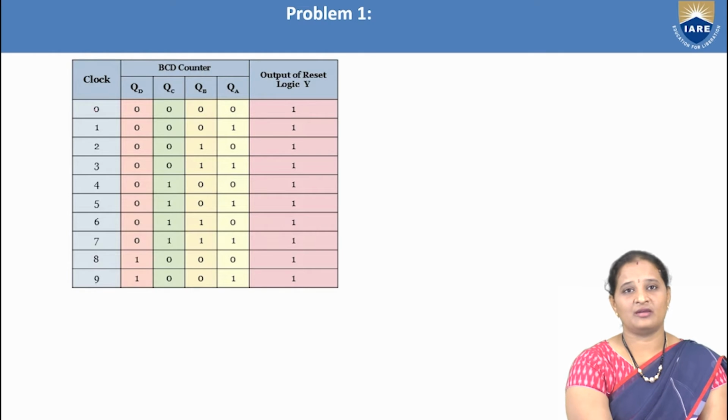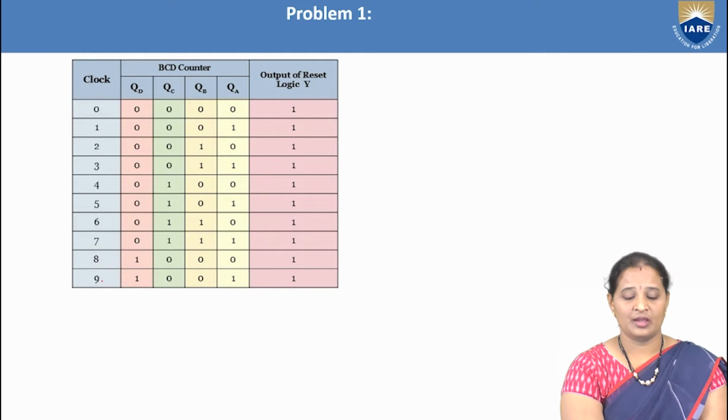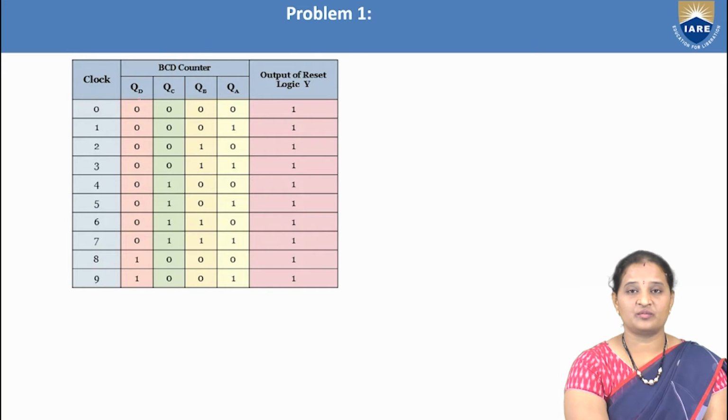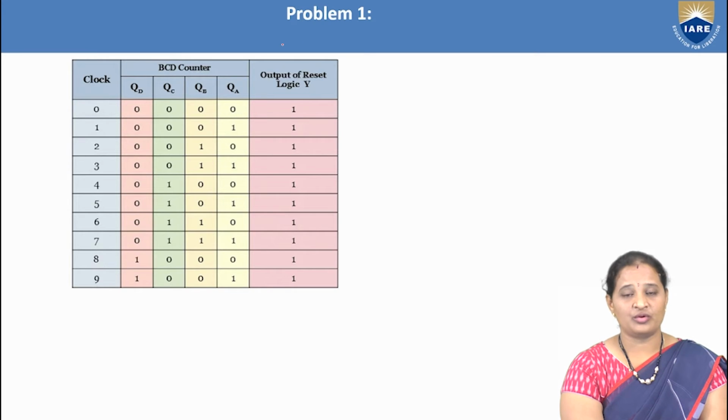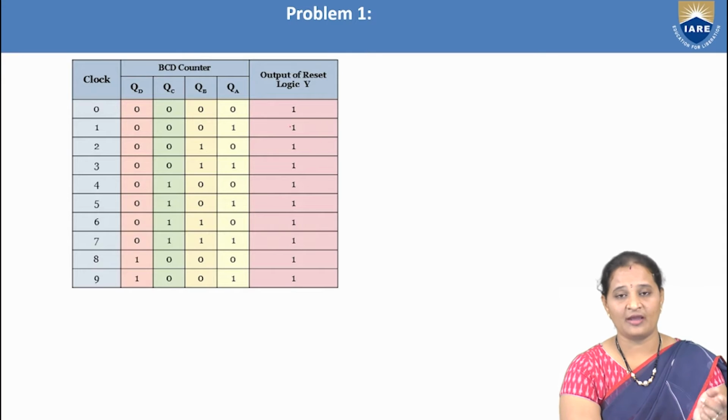So here I am taking the first column as the clock, and the counter states as the second column. As I require 4 flip-flops here, I'm representing them as flip-flops D, C, B, A. So these are the 4 flip-flops required here. As we have 4 flip-flops, we have 4 outputs, represented as QD, QC, QB, QA. And I want to design the reset input, so I want to derive the equation for the reset input of the flip-flops here.